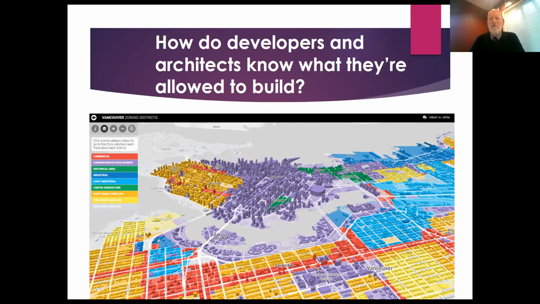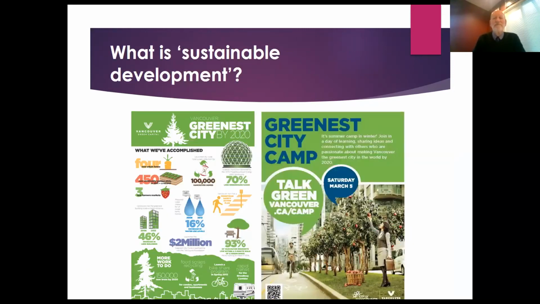The trouble is, though, that over time, our attitudes change. It's necessary to do what we call rezoning, where we will change the zoning for one particular piece of property. So it might go from industrial to residential, or it might go from residential to commercial.